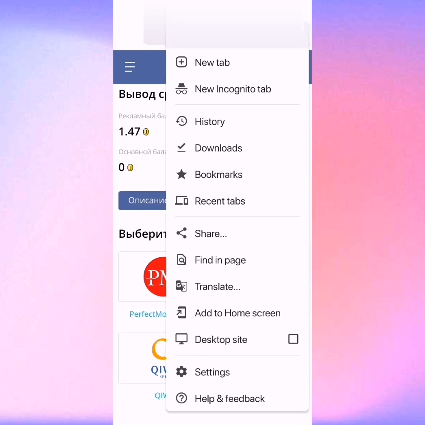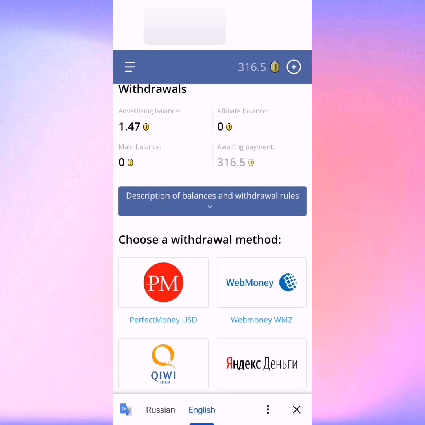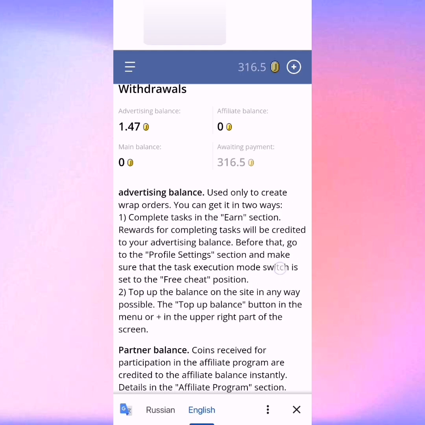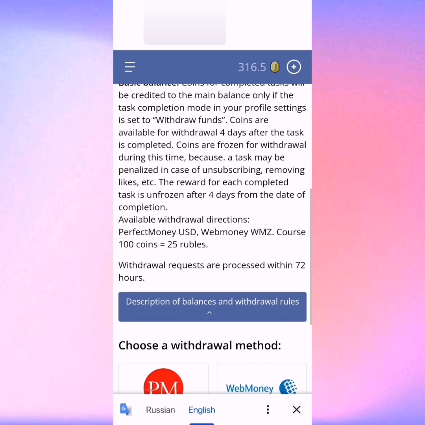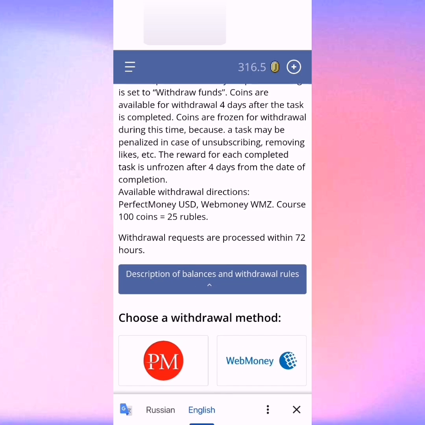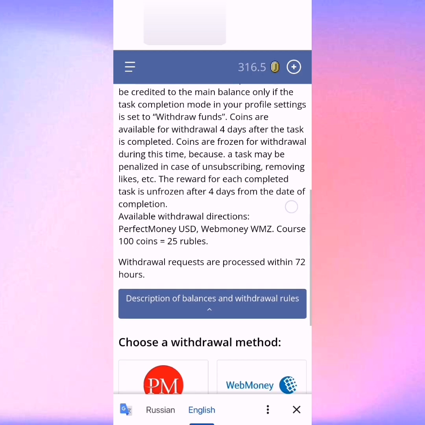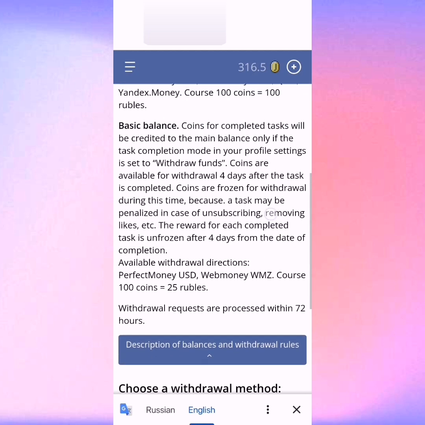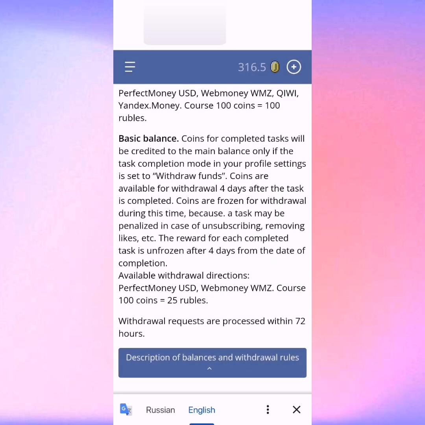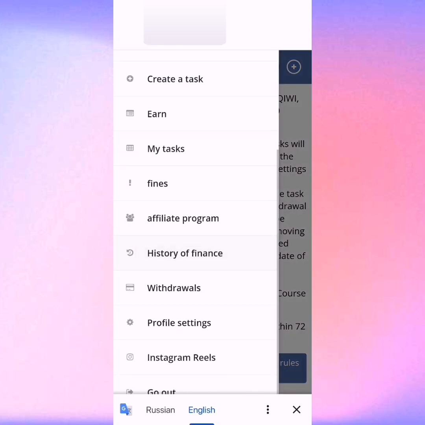Like you see, for payment I need 200 coins. 100 coins means 25 rubles. The withdrawal request will be confirmed in 72 hours, 4 days to be confirmed. It works like that. You need 500 coins here. That's how you can earn